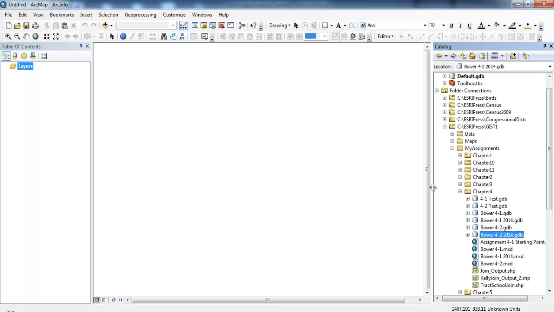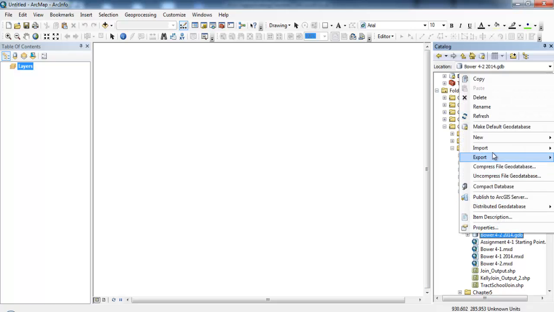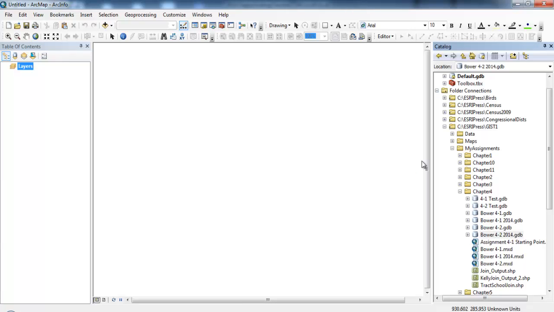What's the next step? If you said the next step is to add the layers into the Geo Database, you are correct. We're going to import Pittsburgh tracts and schools layer into the Geo Database. So all you have to do here is right-click, import feature class multiple,